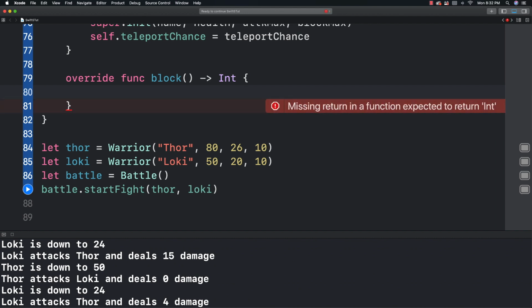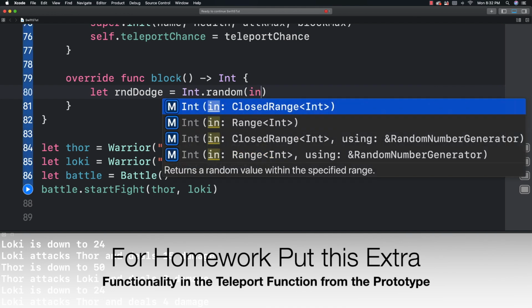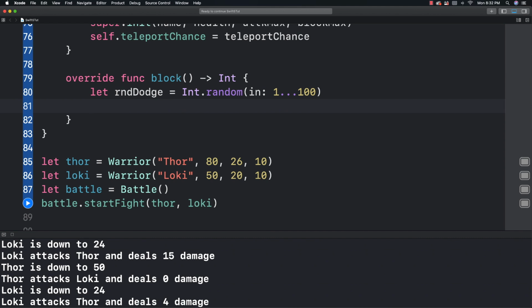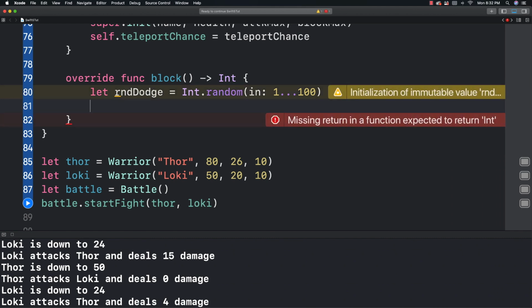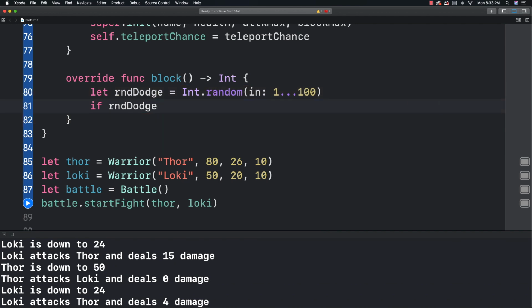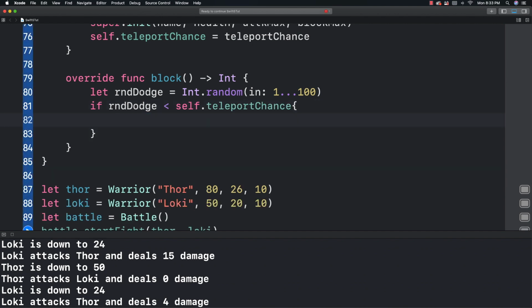we're going to say that sometimes our magic warriors are going to be able to teleport. So what I want to do here first is generate a random value from 1 to 100, and this is going to be my random dodge amount. Go and call random int, from 1 to 100. Now what I can do is decide if the teleport is going to work based off of the value of teleport chance. So I'm going to say if my random dodge is less than self.teleportChance,